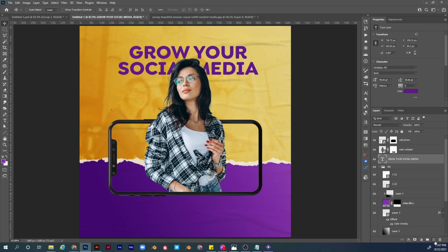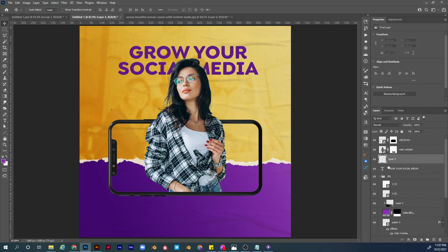Create a new layer above the text layer by clicking this plus icon. Okay, let's hold alt and click between the two layers to create a clipping mask. Choose the text layer, hold control and click on the text icon here, go back to the new empty layer,